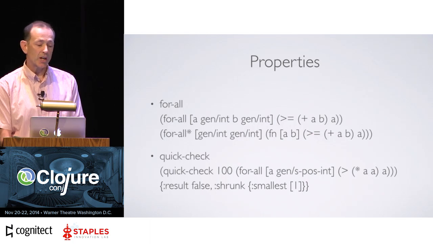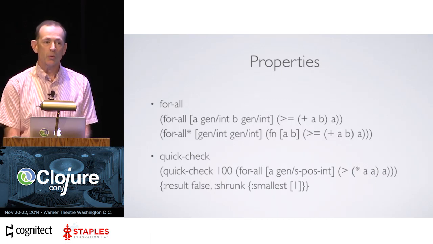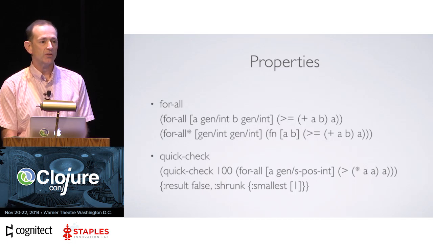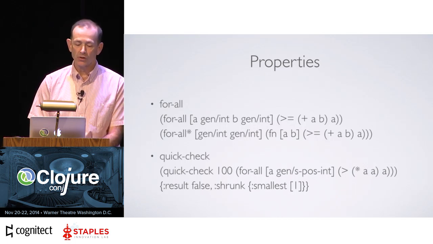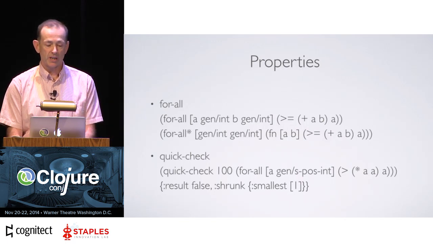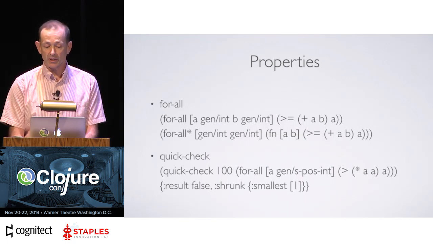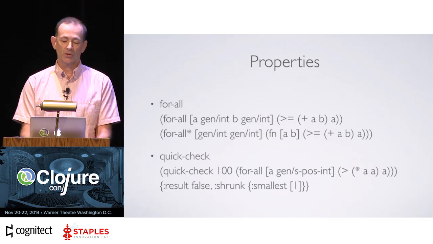So quick check is the driver that will actually go and take your property and generate all the tests and report the results back to you. So this is the full syntax. Quick check, you can give it a number of trials that you want it to attempt, then you give it a property. And typically, your property is some kind of for all statement. And this is another